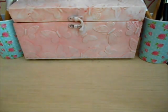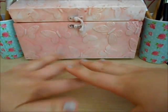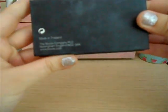Okay guys, so I've cleared this space here to show you basically my palettes and its collection. So I'm first going to start off with all of the palettes that I have and then show you how I store them and everything. So the first one I have is this number 7 palette here. And this one, I'm not sure if it has a name,